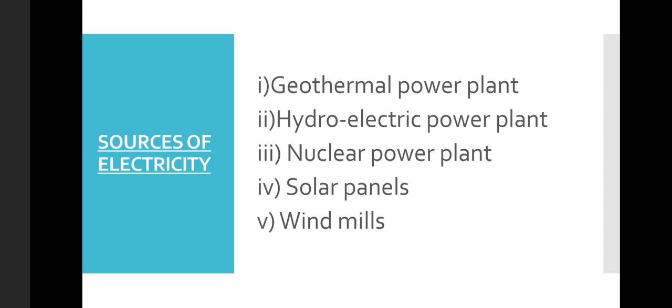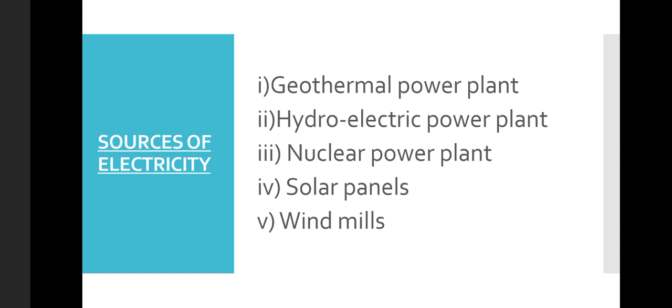Now, I want us to understand the sources of electricity. We have already known that we have two categories of electricity. We have static and we have current electricity. Normally, the sources of electricity that we are going to mention here are the sources of the current electricity, and those sources normally include: number 1, geothermal power plant; number 2, hydroelectric power plant; number 3, nuclear power plant;